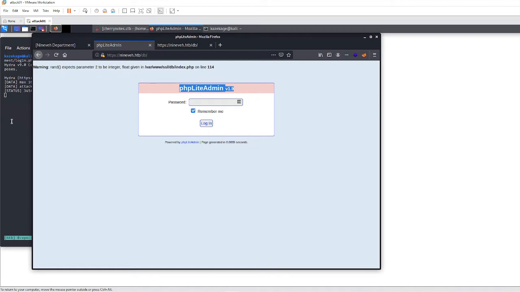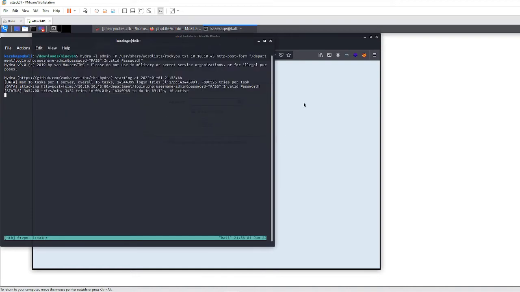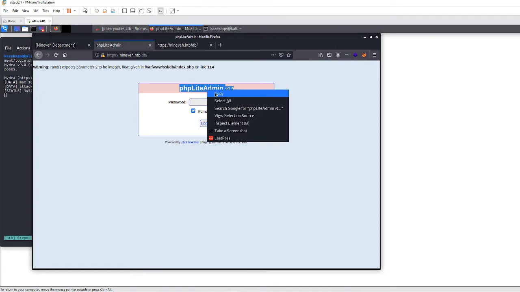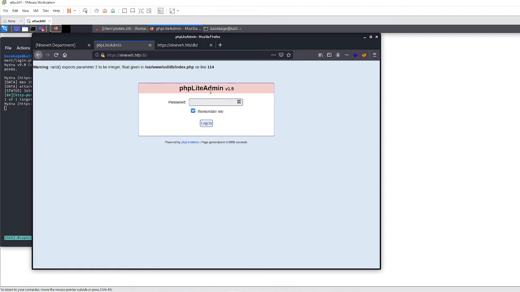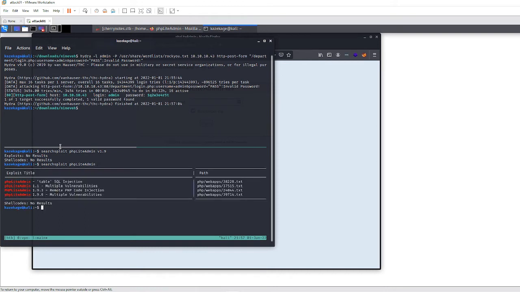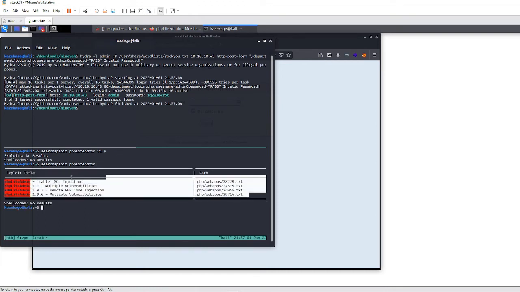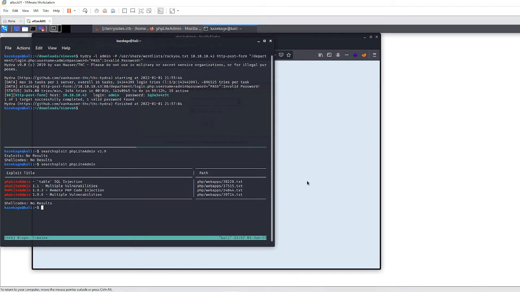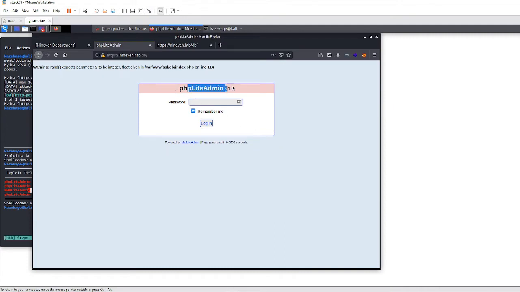so before we try to do the brute force on this, just so we can let this finish running, we can go ahead and do some enumeration on whatever this service is right here, phpLiteAdmin, and we got a password back, which is cool. But let's do a search exploit on this first. And we get some exploits back. This was the one we actually used here, 1.9.3. Okay, and if we Google it,